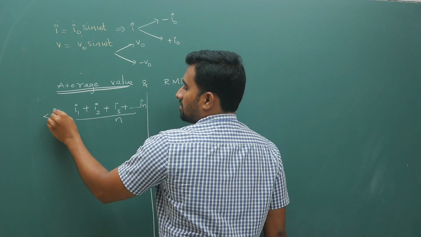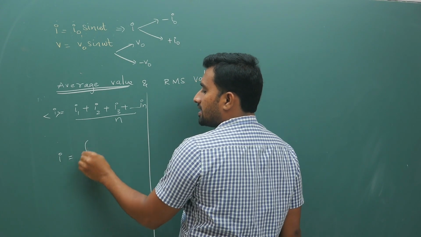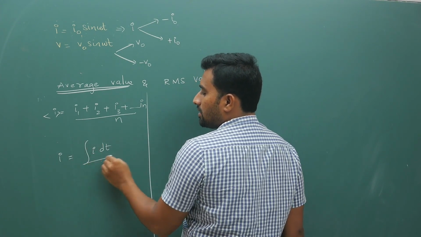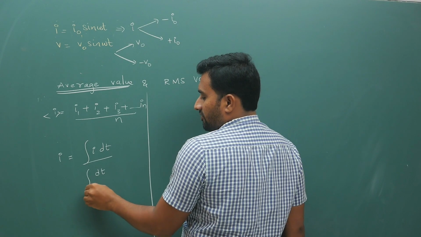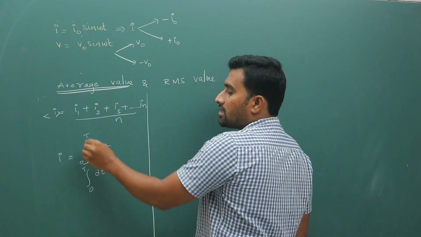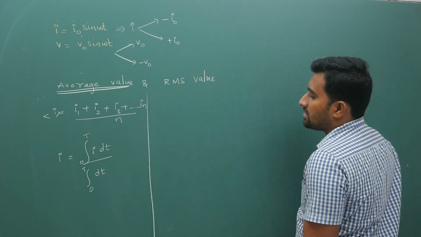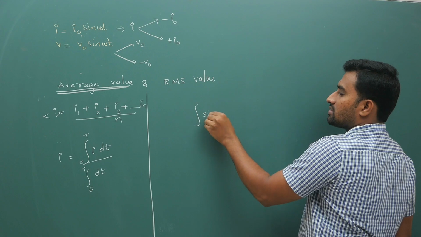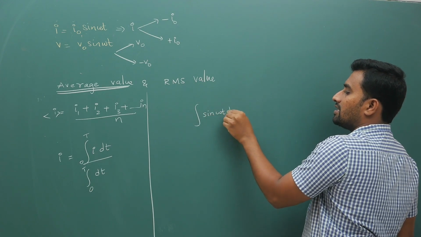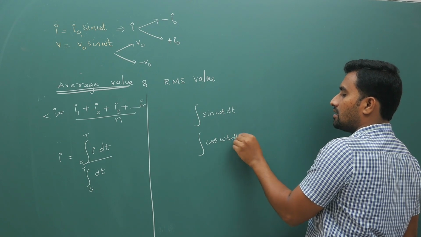Next, if the current function is known, the average is integral of I dt by integral dt from 0 to T if it is a full cycle. If it is 2 cycles, you can keep 2 times T. And then I have discussed that your integral of sin omega t dt or integral of cos omega t dt